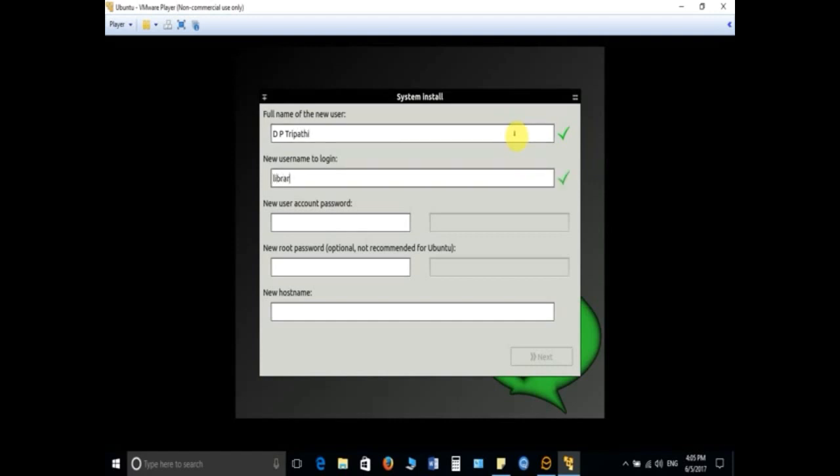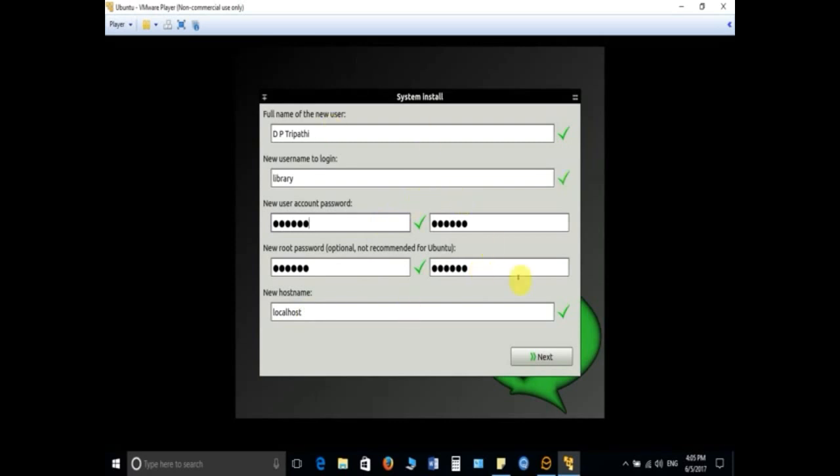Then I am going to enter my username, and the password I have given is KitKit, password for root KitKit, and the host name is localhost. So let me explain here. This username you can give any username, but you have to remember. So I have given here as a username library, and the password is your choice. You can give any password, but I have given here KitKit, here also KitKit, and this root password also I have given KitKit, and the host name is localhost.